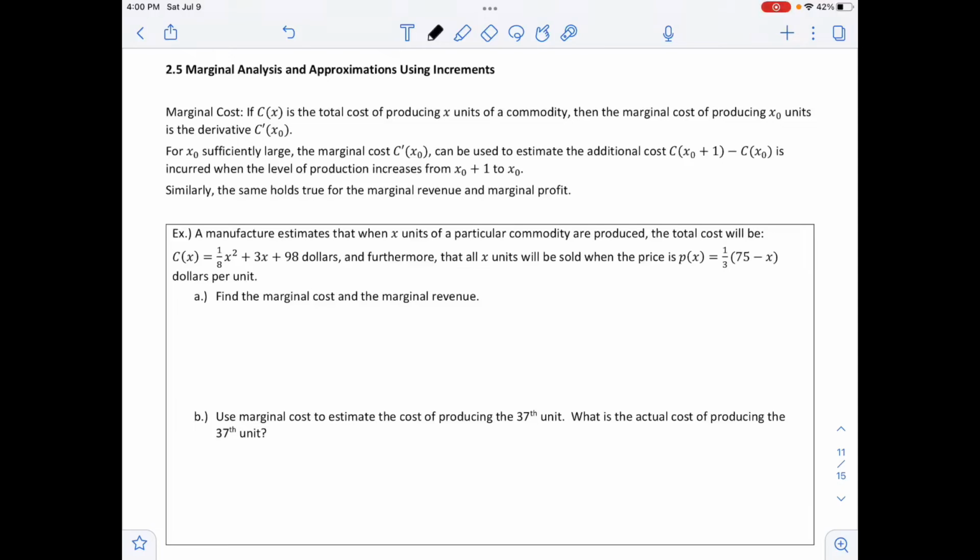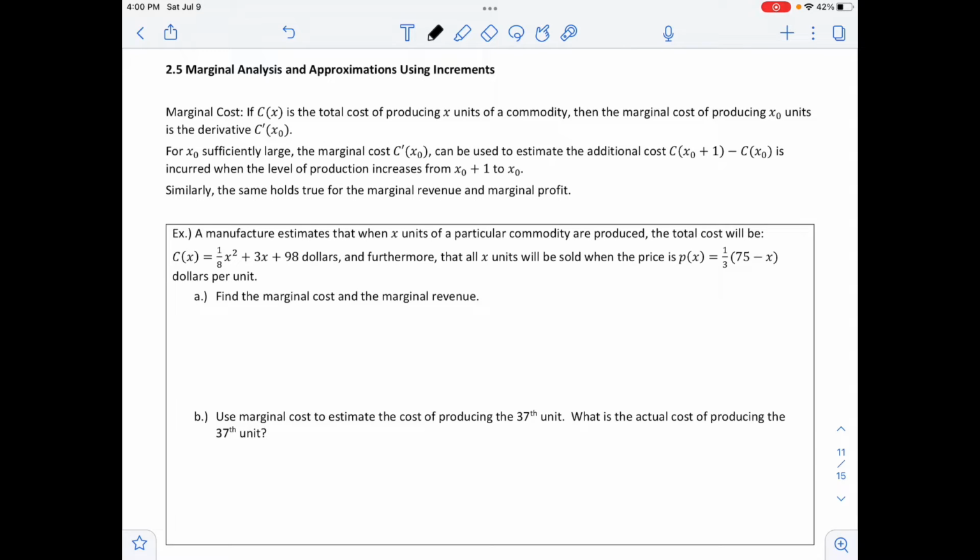We are in section 2.5, Marginal Analysis and Approximations Using Increments. Marginal cost. If C of X is the total cost of producing X units of a commodity, then the marginal cost of producing X naught units is the derivative C prime of X naught. For X naught sufficiently large, the marginal cost C prime of X naught can be used to estimate the additional